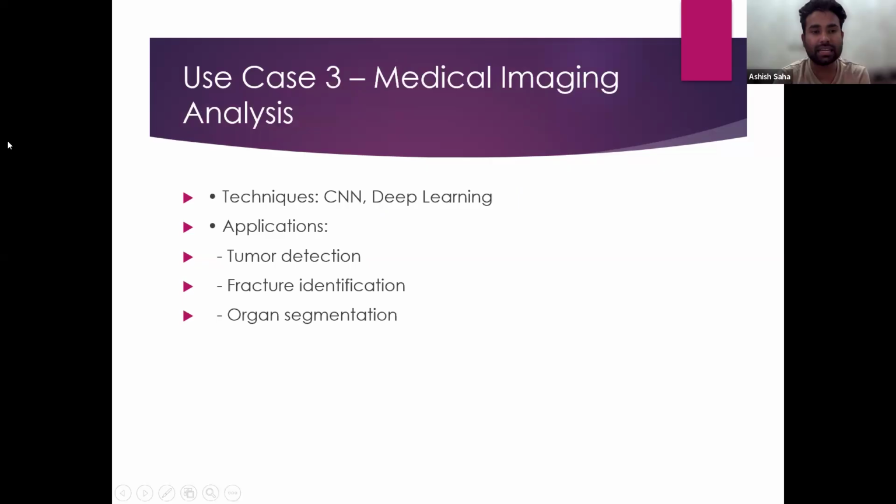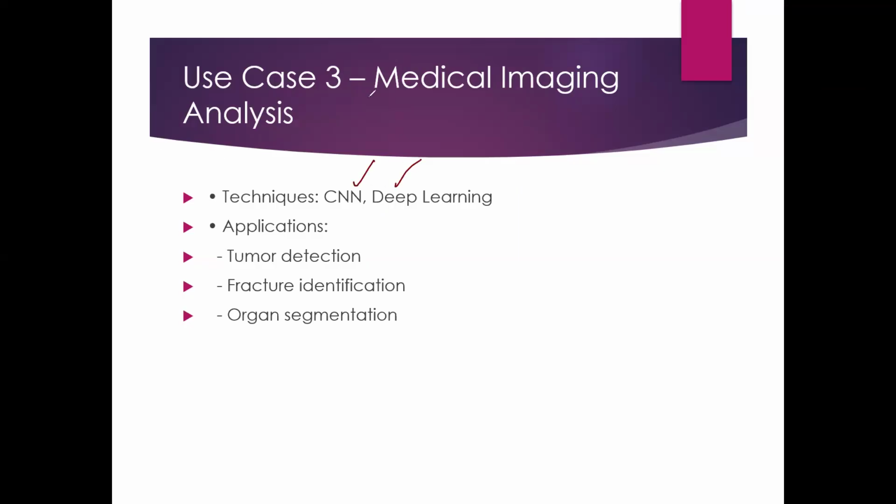Next case is medical imaging analysis. Here, suppose I want to make an AI model that will detect a tumor or detect a fracture from an X-ray. That type of problem I can easily solve with data science. For this technique, we require CNN and deep learning. CNN and deep learning are the techniques